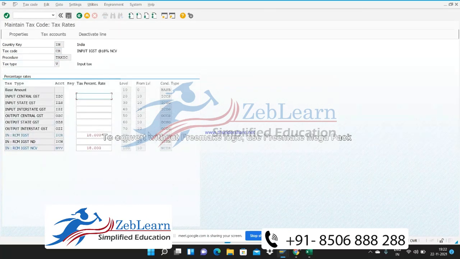Okay, so this is the tax code which I have created for input IGST at the rate 18% NCV. Here, this is the line item which is having a negative value. So with this RCM IGST, we are going to create our liability, and this is the line item which is going to be considered. It is at item level, and from the basic value, the system will calculate the 18% tax amount, which is going to be added to your expense. So I have created this 18% through which we are going to create the liability, and this 18% will be added to your expense as per the condition type, as per the accounting key configuration we have done.